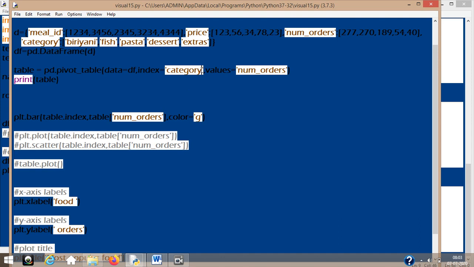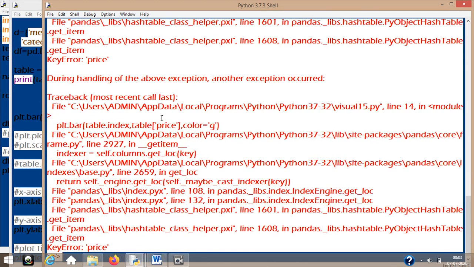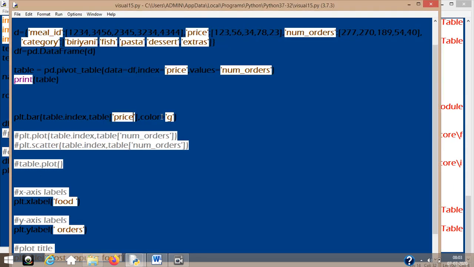If I change this now to price and then run this, remember to keep this. What is the mistake I did here? It was a mistake.